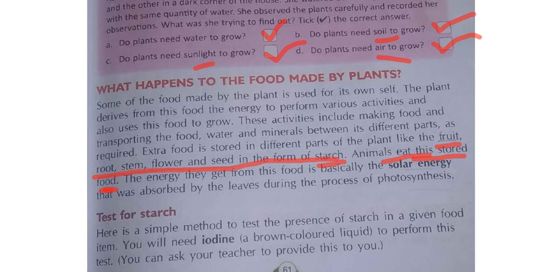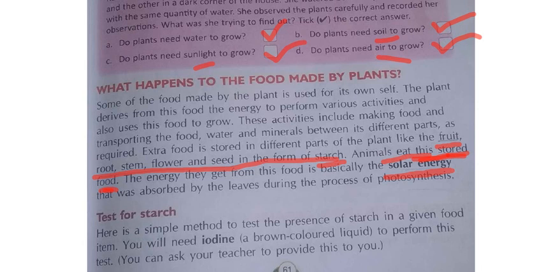So when the animals go and eat that food, that is, eat the leaves, in the leaves the sun energy is already there, because they made the food, yes or no? I told you about the photosynthesis process. So that sun energy we are also taking, yes. Next one, the energy they get from this food is basically the solar energy. Just now I told, solar energy is nothing but the sun energy. Now the energy from whatever food the animals are taking is called solar energy.